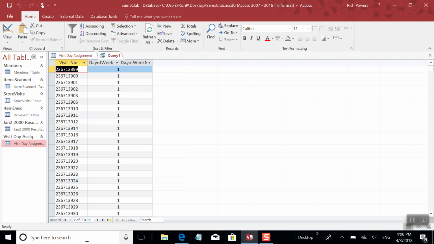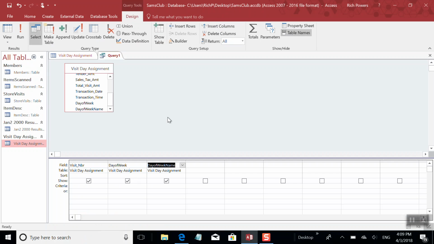A list of 39,435 rows, and 3 columns of all of the columns in that table. All right. So what I want to do, let's go back. Remember what we had said was that we want to be able to, if something is equal to 1, make it equal to